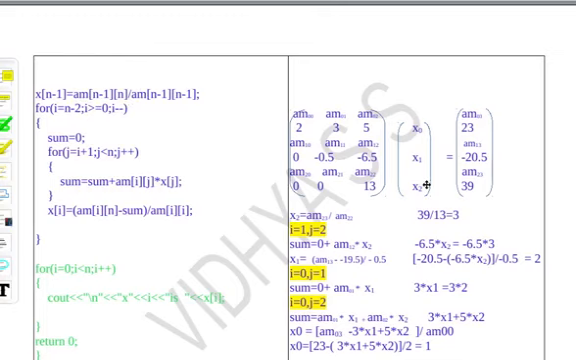and which is divided by the element just before that. Just before that means in the same row, that is a[n-1], and the previous column. Here the last column is n, and the column just before the last column is n minus 1. So a[n-1][n] is divided by a[n-1][n-1], that is 39 divided by 13. We will get the value of x2, that is, we will get the value of the last variable